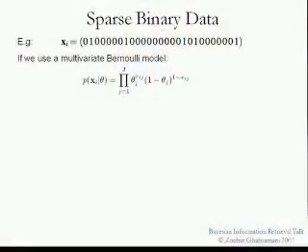So what do I mean by that? We're assuming that our items x are big, long binary vectors of zeros and ones, and they're sparse, so there are very few ones. And if we use a multivariate Bernoulli distribution as our probabilistic model, you'll see all of the details here now,